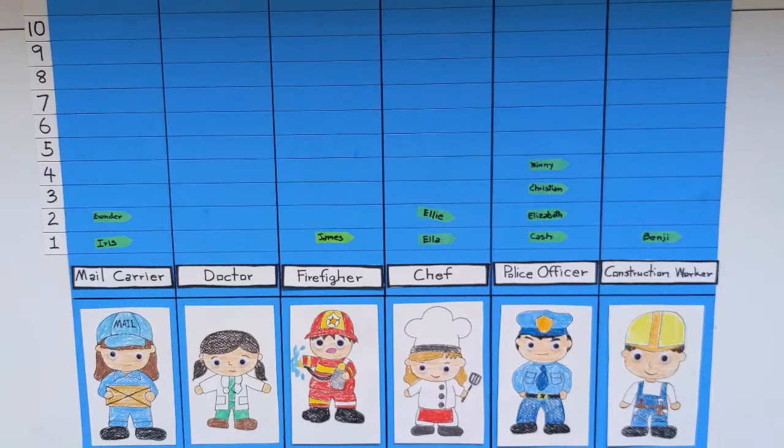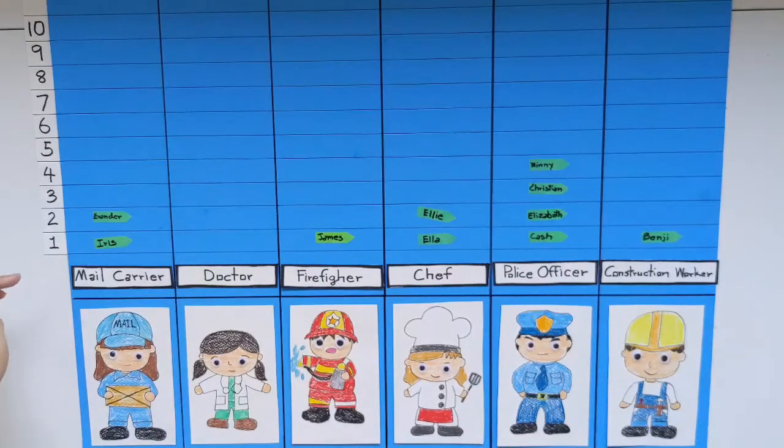Then I show them how to read the graph. Every time we always start from left to right, and have them count how many community helpers are on the graph. I have the picture of them and I label it with the word so they can recognize the word. So we have 1, 2, 3, 4, 5, 6 helpers on this row,